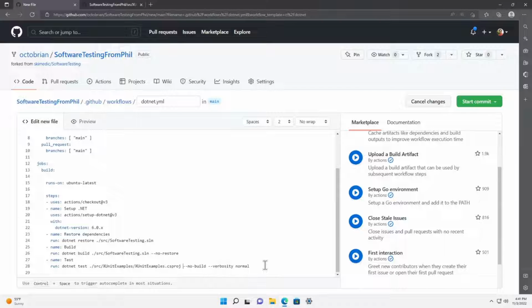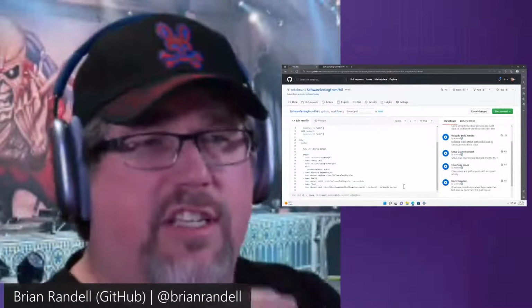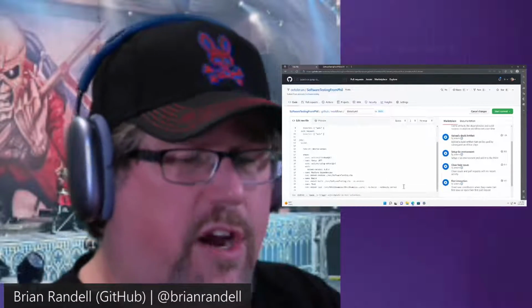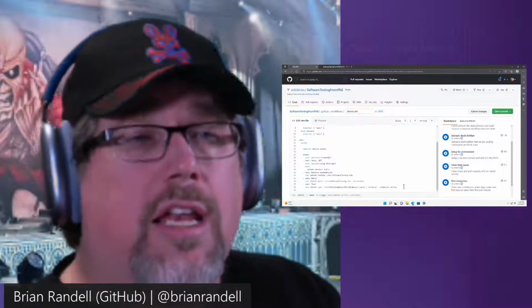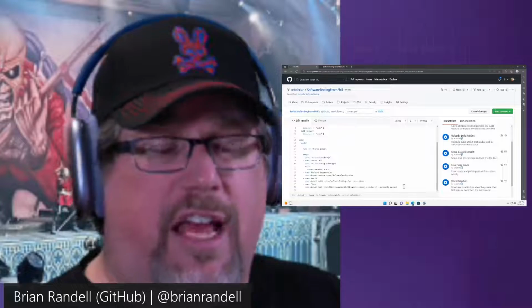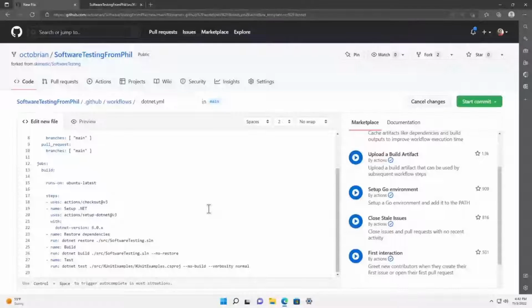But Phil did mention something. I'm using explicit paths. You can use glob patterns, which are a syntax using stars, slashes, and other types of variables to actually traverse the directory tree. Now, the downside to traversing directory trees like that is, A, you may pick up something you don't want, and B, if you have a very large repo, that can make your builds slower. So when you do use a globbing pattern, try and get it relative to the repo. Phil's repo is small, but when you have large mono repos, like GitHub's repo is 15 gigabytes, or the Windows repo is over 300, you don't want to just use a from-the-root globbing pattern.